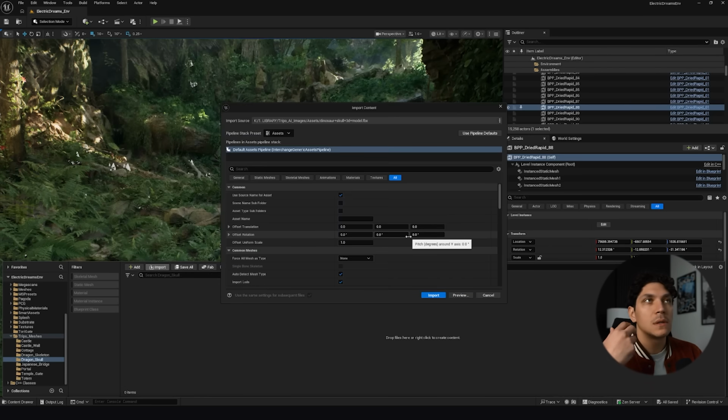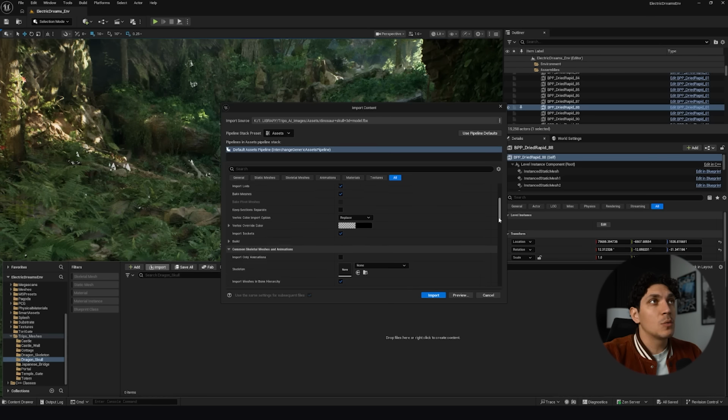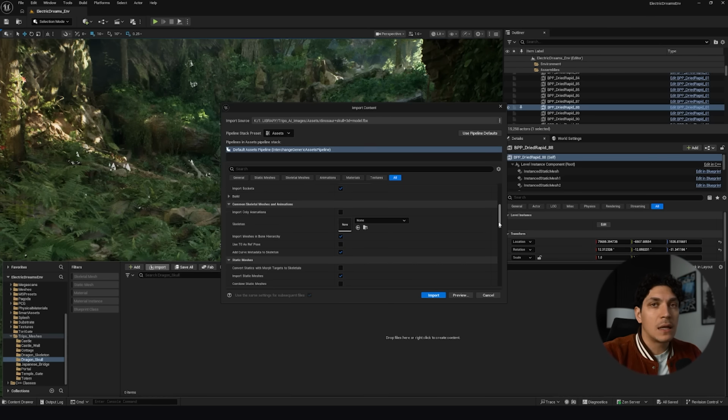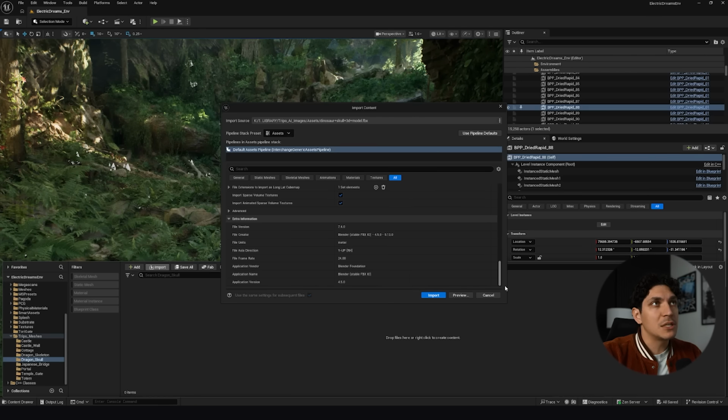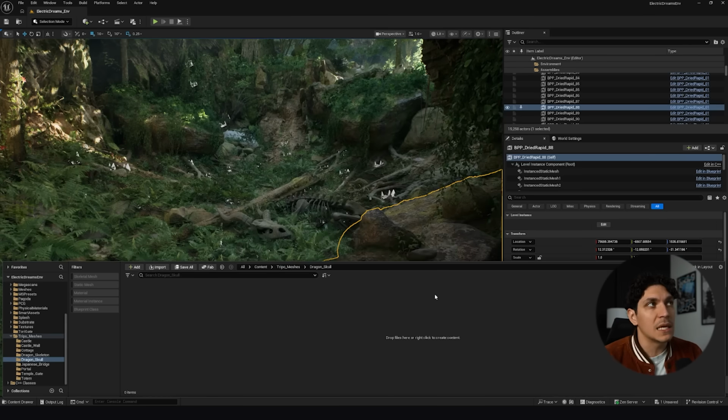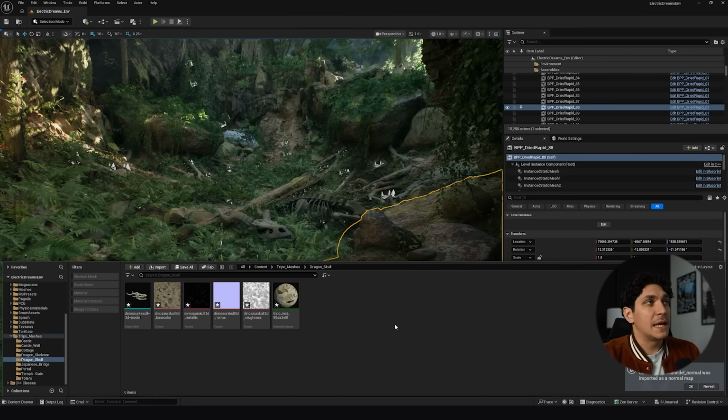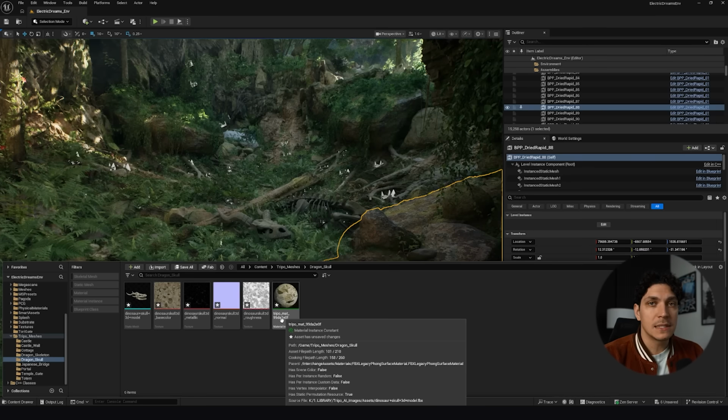And now it will bring you over to this prompt right here. Luckily, with this prompt, everything works. We're not dragging in a skeletal mesh or anything. This is just a static mesh. So everything is perfect. Just how it comes up, you can just go straight down and click import, and it'll import all the files for you. Perfect. And just like that, you have your base color, metallic, normal, roughness, and then a material instance that was